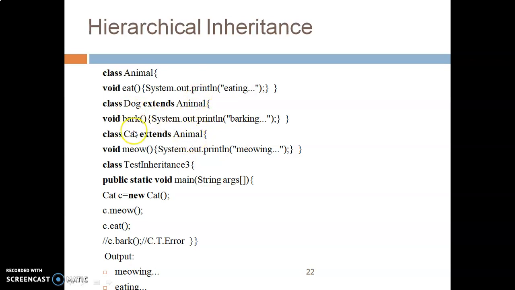So this is an example of hierarchical inheritance. In the same way, the first superclass is A, and here the superclass is animal. From animal, two child classes have been derived. The first one is dog and another one is cat. I hope you can understand this very well.